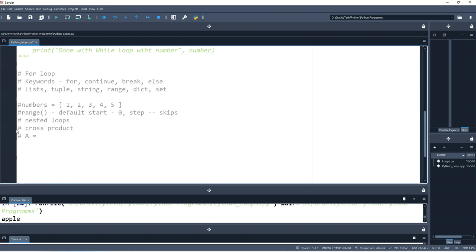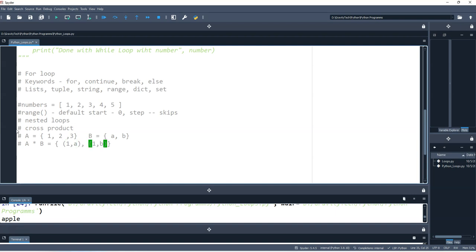Let's say A is one set, 1 2 3, and B is another set, A and B. Now if you want a cross product of this, what will be the cross product? Cross product means A star B, right? It will be again a set, but it will have the ordered pairs like this: 1A,